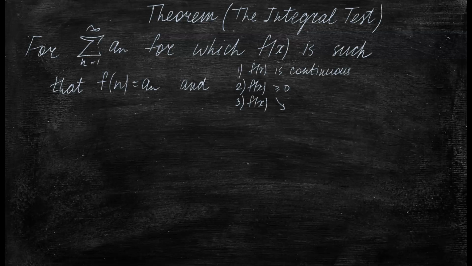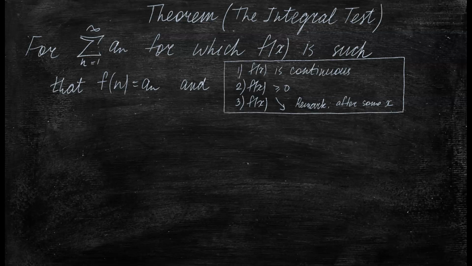And here I'm going to make this little remark. It doesn't have to be decreasing for all values of x. As a matter of fact, the function can behave as crazy as it wants on some finite interval at the beginning. But as long as it starts decreasing after some finite value of x, then we'll count it as monotone. And if these three conditions are satisfied for this function f of x, on which the elements of the sequence reside,